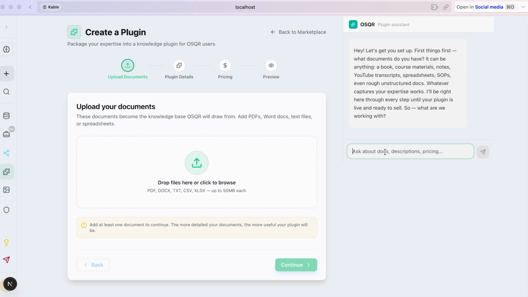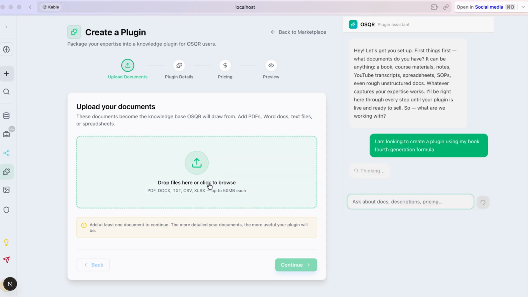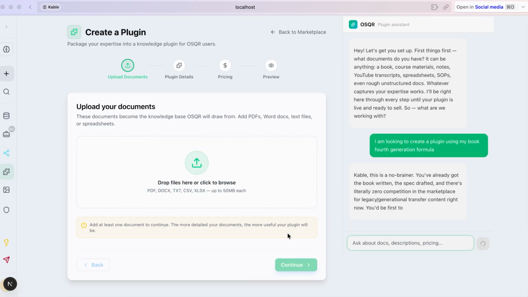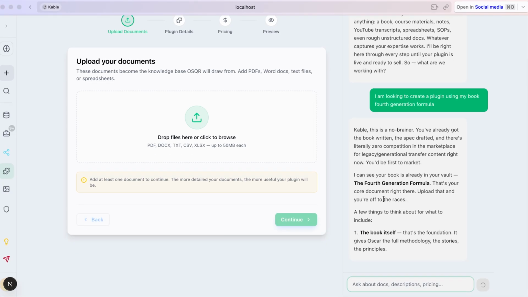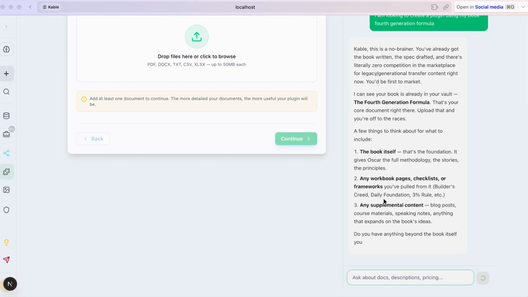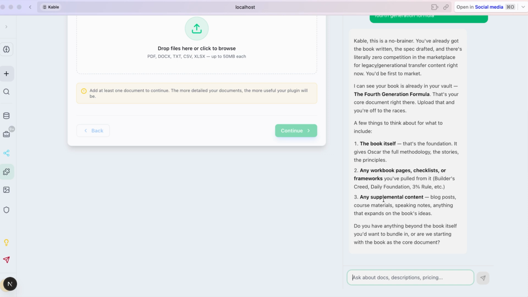So I am looking to create a plugin using my book, 4th Generation Formula. So over here, you can upload your files. "Okay, well, this is a no-brainer. You've already got the book written, the spec drafted. There's literally 0 generational transfer content right now.